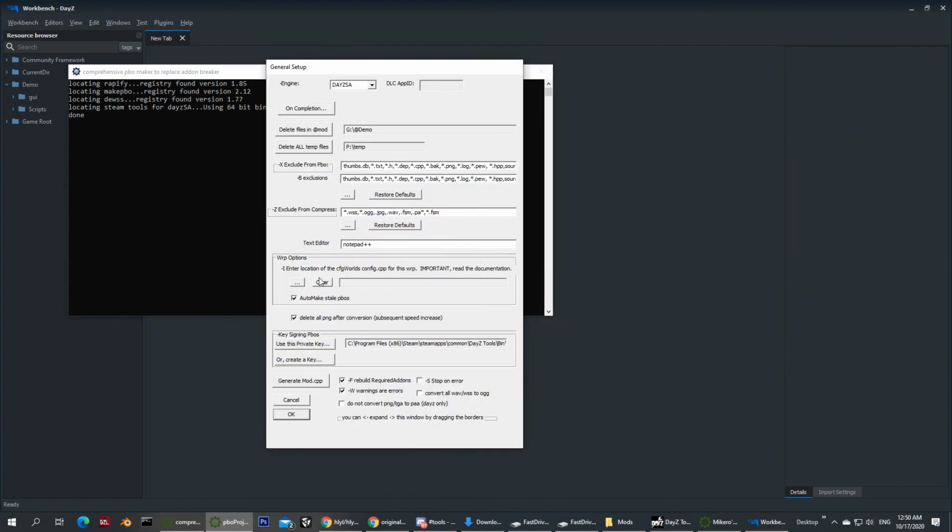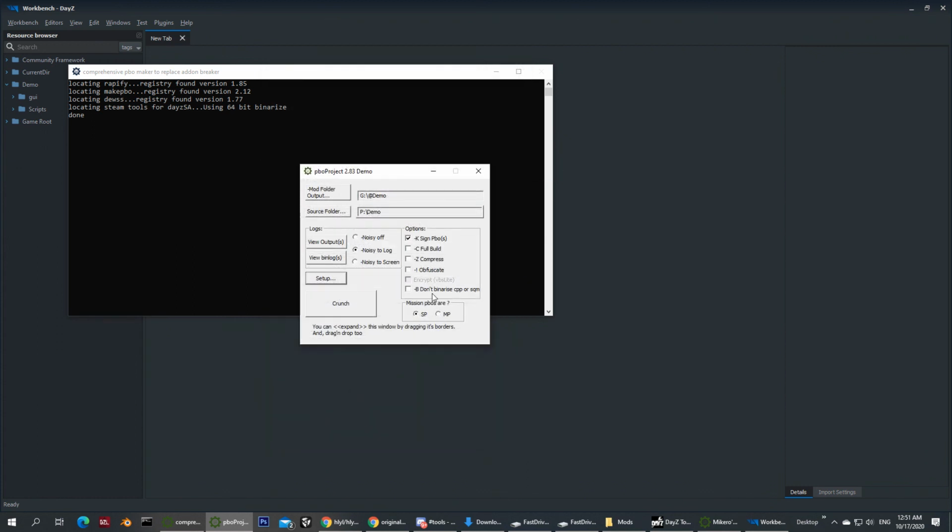On setup, I have made one small adjustment because, as you noted in my folder structure, I had a folder called Workbench. So here in exclude from PBO, I have actually written comma Workbench here to make sure that when I pack the PBO, that whole folder structure is excluded from the packing.